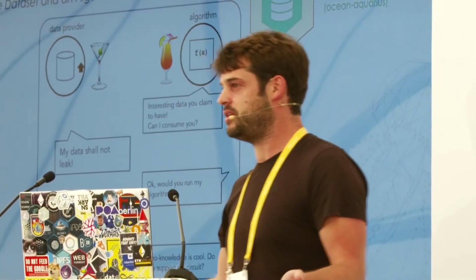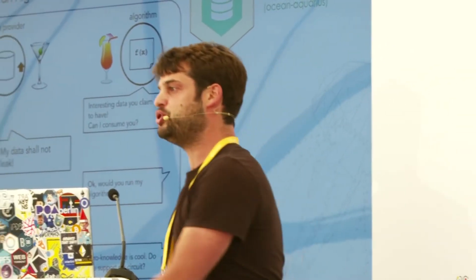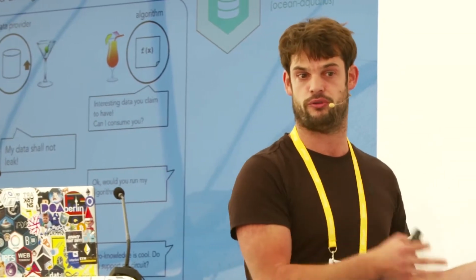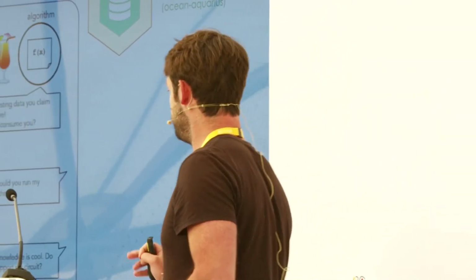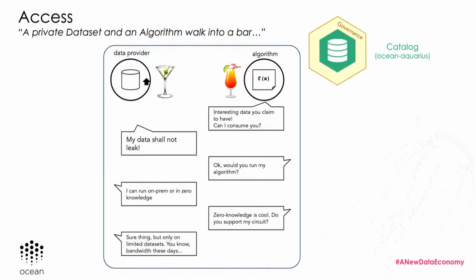So what happens is this algorithm gets pushed into that data center. The data owner is in full control. Does he want to run it or not? Does he want to earn some tokens or coins or not? But he's in full control. And we can have other scenarios, right? Negotiation.